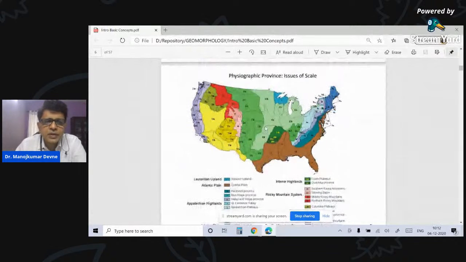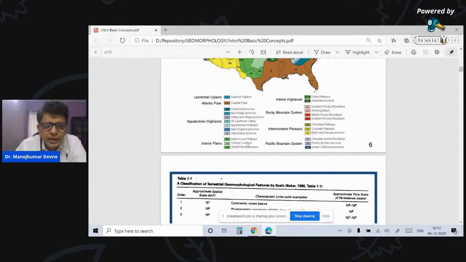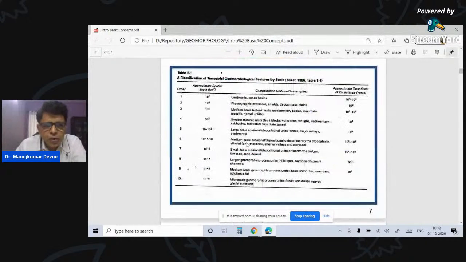Another thing that's very important is, of course, this is an American diagram. We could do the same for India also. Issue of scale. You'll see this is the geology of the Laurentian upland in interior highlands and so on and so forth. What is important for us is a classification of terrestrial geomorphological features by scale. Okay, scale. How large is it? Now you'll see that, if you remember, I spoke about the first three orders. But there are 10 orders as far as geological features are concerned, and it represents with reference to approximate